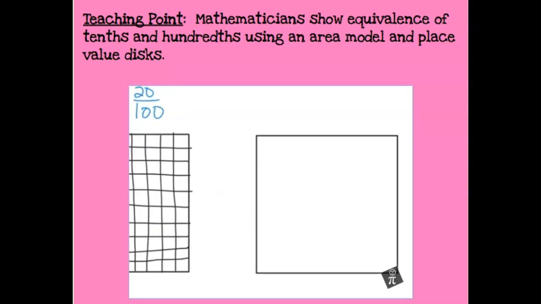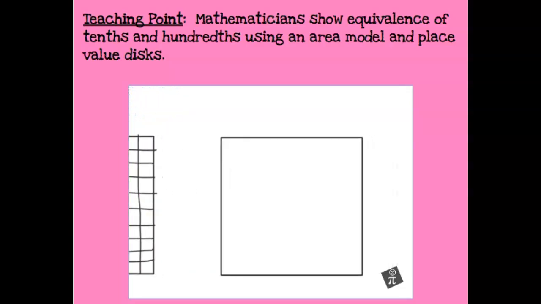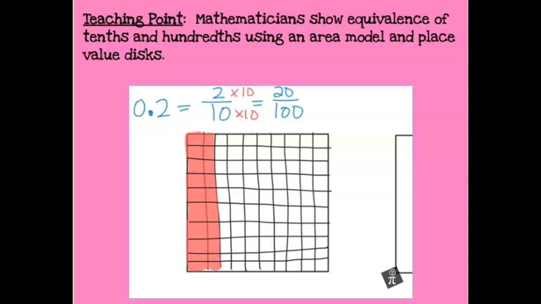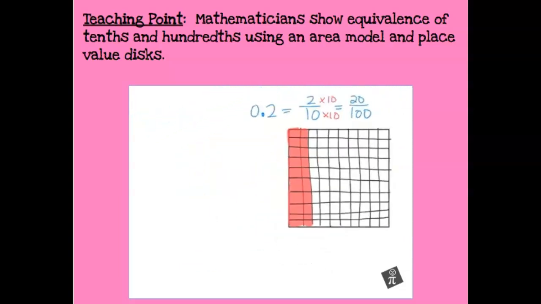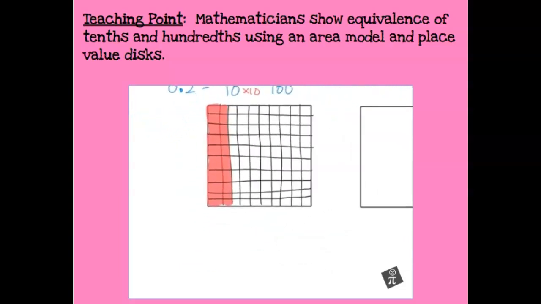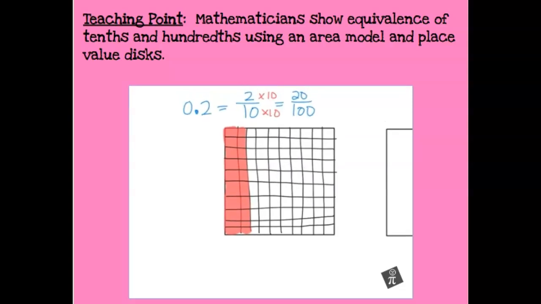So reversing the procedure, we could say, well, let's start, if we wanted to, we could just do this. Whoa, we can look at it. We don't even need that other square. We could say, well, we know that I started off with 2 tenths. I know at some point I ended up with 20 hundredths. And we already know that 20 hundredths is equal to 2 tenths. So can I find a relationship starting with the 20 hundredths and going to the 2 tenths? And the idea is, yeah,